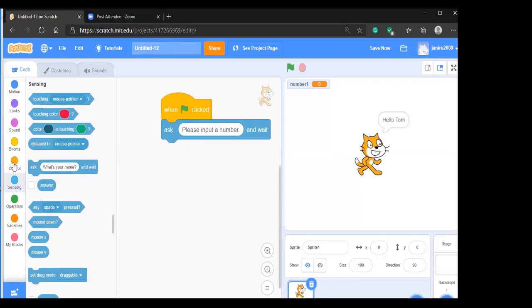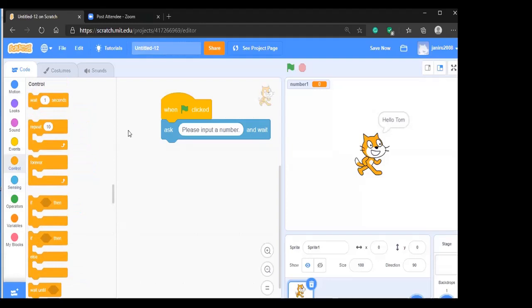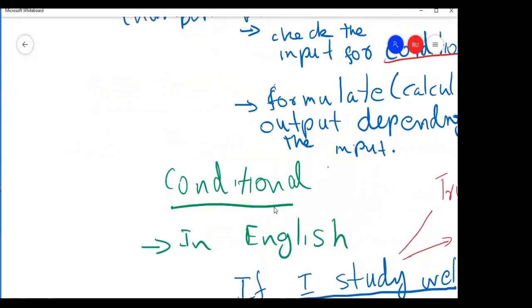To do that, I want to go to controls. In the controls, you have different controls for how to control the flow of your program. In our previous program, our flow was linear. I mean, it doesn't have any control.